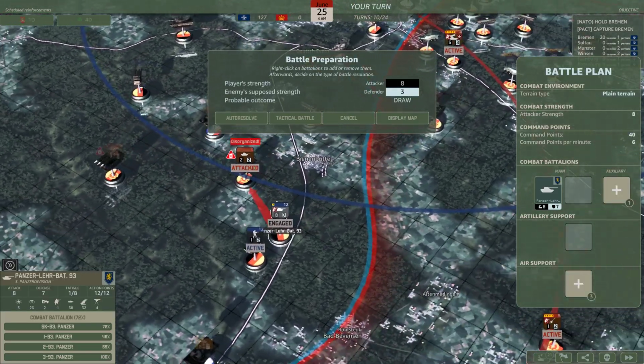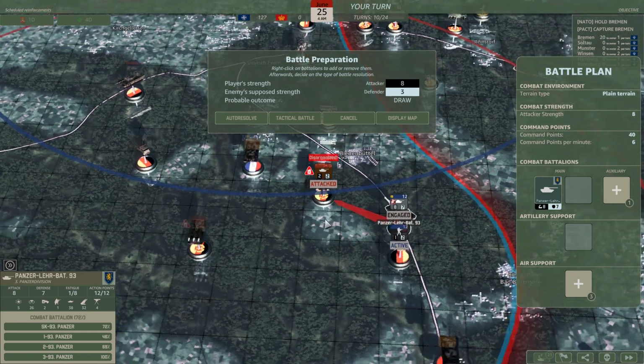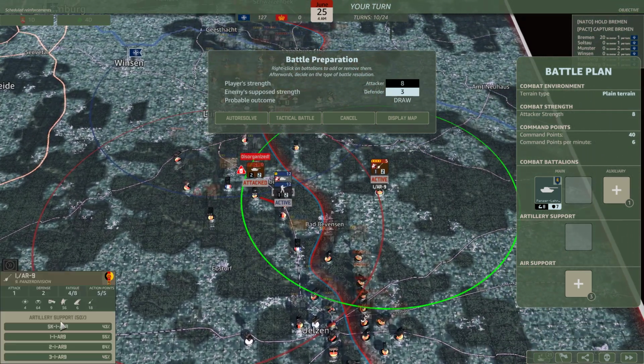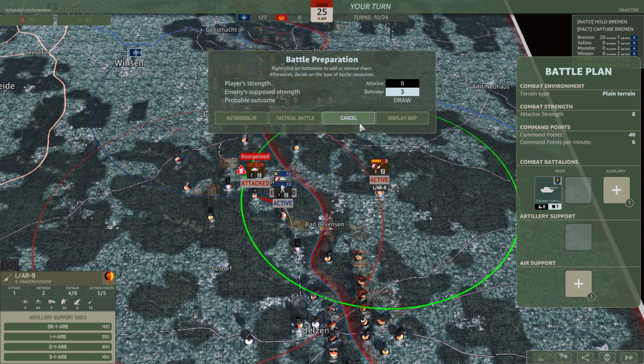I don't want to start it and then it puts me in a game, but... Because they can bring artillery, which might have a command unit. Yeah. Okay, well, we will...